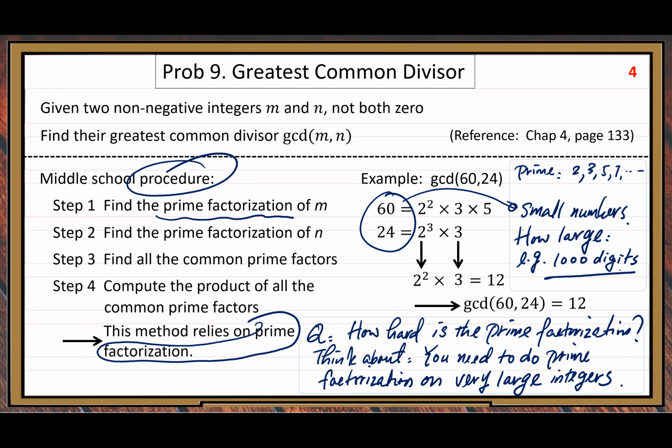You can use a supercomputer. You're allowed to use a supercomputer. Even with that, can you imagine how slow it is to do the prime factorization of this 1,000 digits? The current technology,